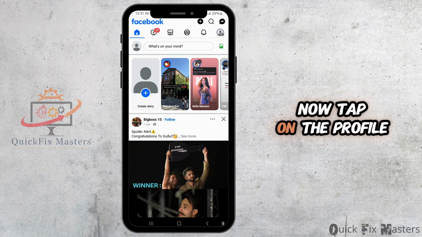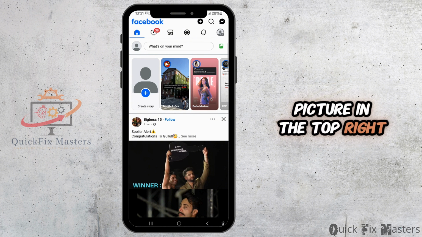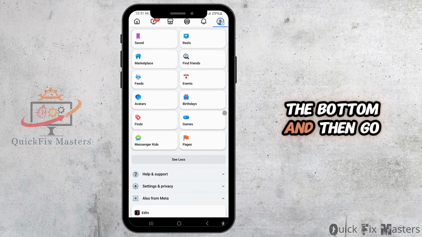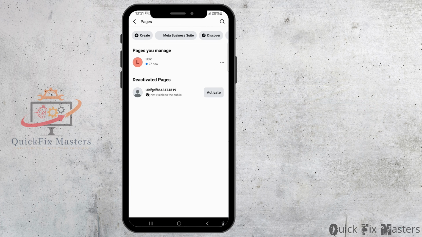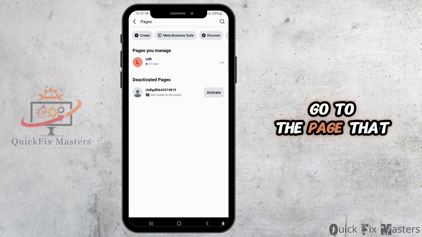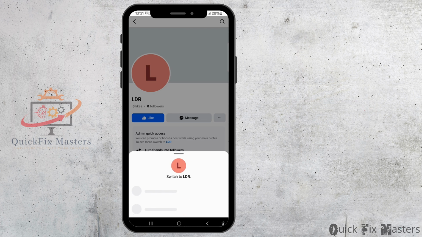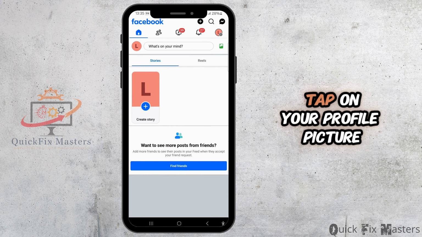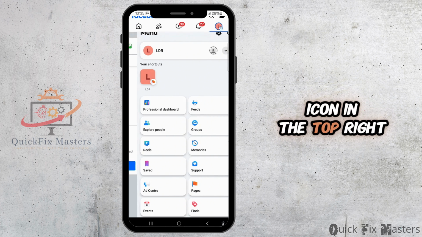Now, tap on the profile picture in the top right corner of the screen. Tap on See More at the bottom and then go to Pages. Go to the page that you'd like to manage. Once you switch your account to your page, tap on your profile picture icon in the top right corner of